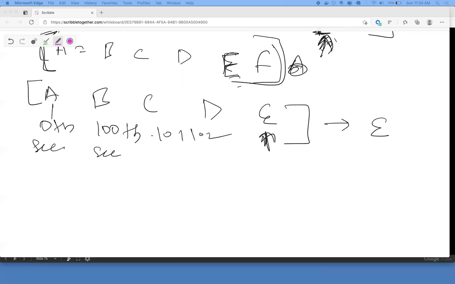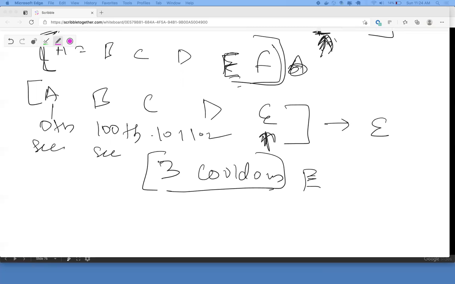What I've said is all I have to do is check in the last cooldown seconds, did E also run? So if 3 is my cooldown, all I'm checking is, is E still cooling down? Did E run? Was E running in the last 3 seconds?